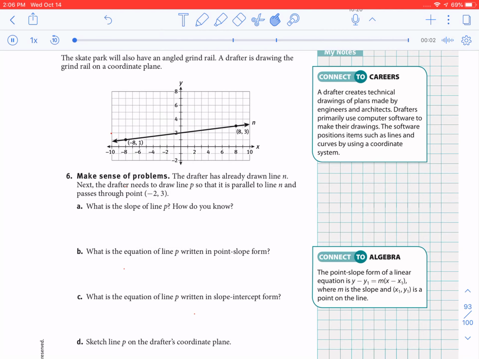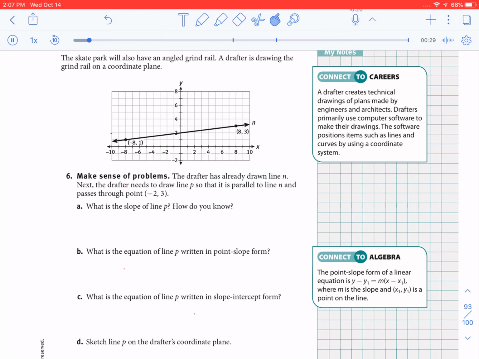Okay, so we are continuing our lessons on the slopes of parallel and perpendicular lines, but now we're going further with them and talking about their entire equations. So we're going to look at this example where we are looking at what they're saying is a grind rail for a skateboard, and we get this graph, and you can look down here to number